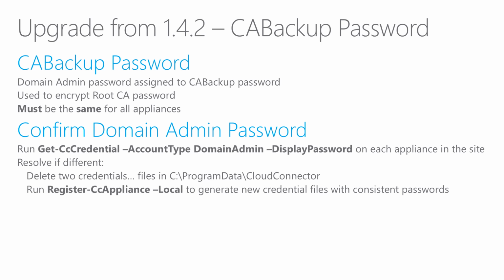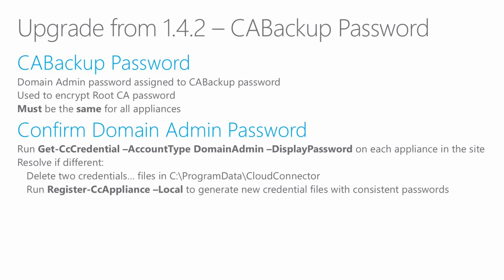Now, if it was different in the 1.4.2 build, in other words, if you had different domain admin passwords assigned to different appliances, you would have install failures. But since it's possible for somebody to have changed the domain admin password after installation, it's a good idea to confirm that the domain admin password is the same across all appliances by running Get-CcCredential -AccountType DomainAdmin -DisplayPassword, and run this cmdlet on the host appliance of each appliance deployed in a